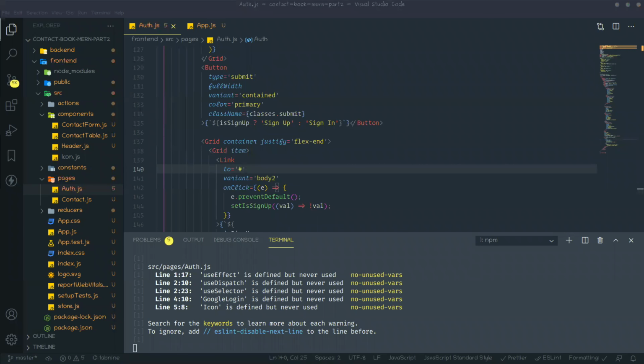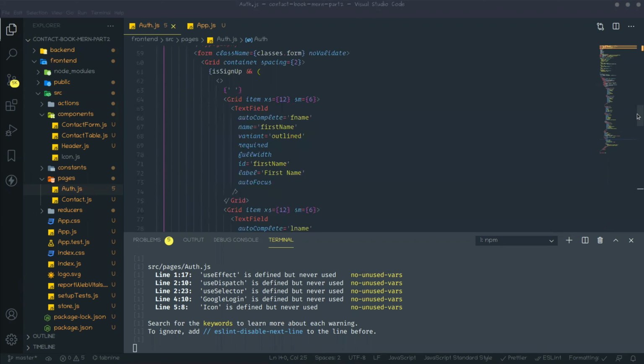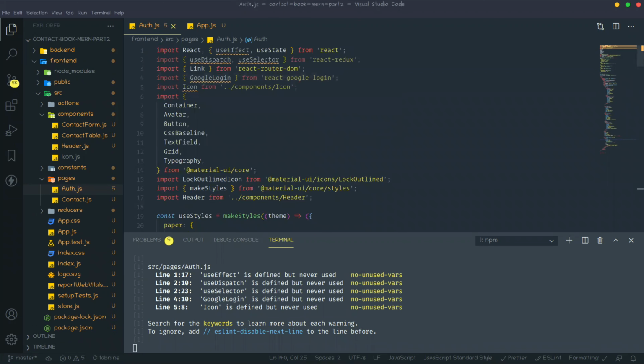Now we need to create that Google login button. Okay. So we already brought in this Google login, right?